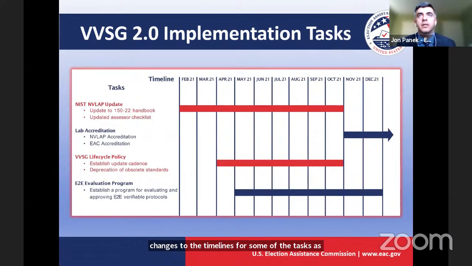The first 2 tasks on this graphic, NIST NAVLAP updates and the test lab accreditation, these 2 elements are primary and critical to implementation of the VBSG 2.0. The EAC has been working closely with NAVLAP over the last few months on updates to the 150-22 handbook for lab accreditation. And these are topics that NIST is going to provide some more thorough detail on the status of during their voting program